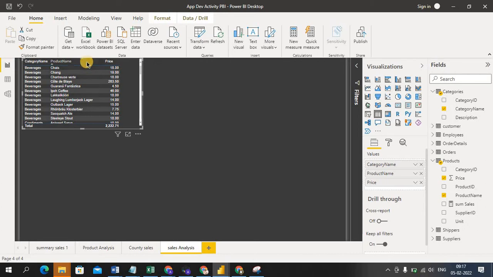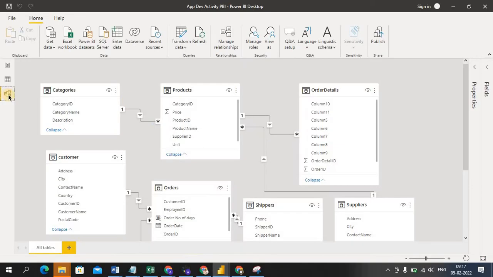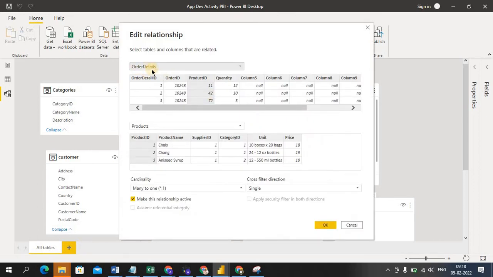So the same way, in the background I can go and see in data model. So these two tables are having a good relationship, no issues. Now from this product table, there is one more join. You can see two joins are there. We'll go to one join here. So which join is it? Order details and product. So where is the order details?